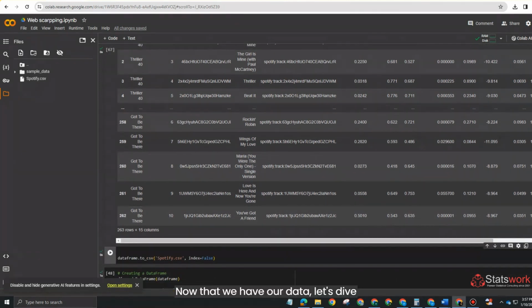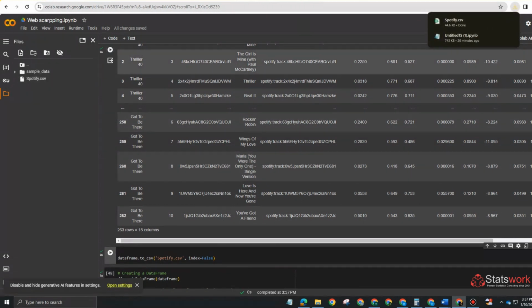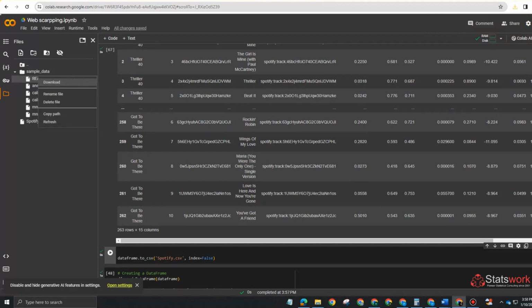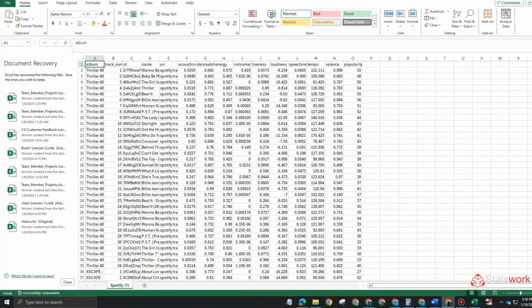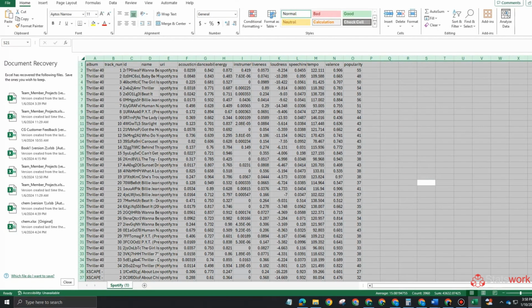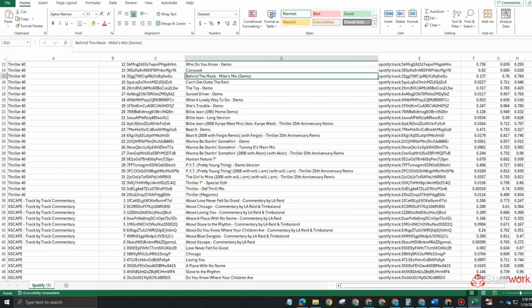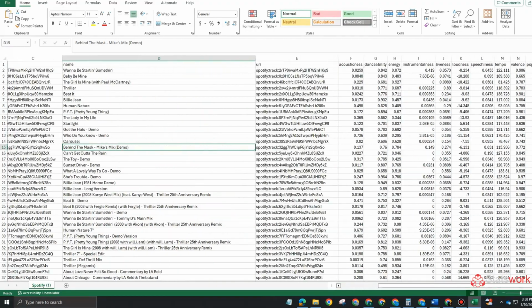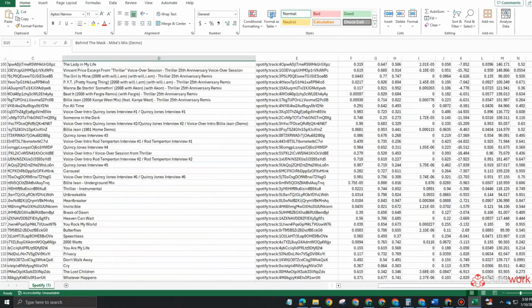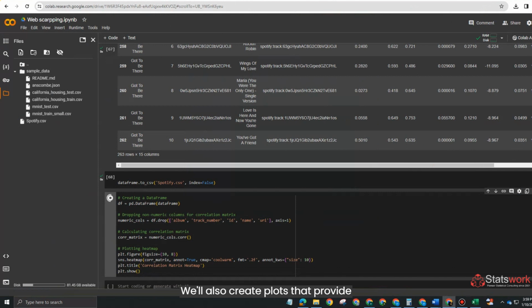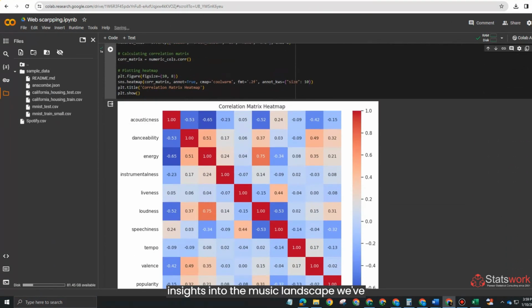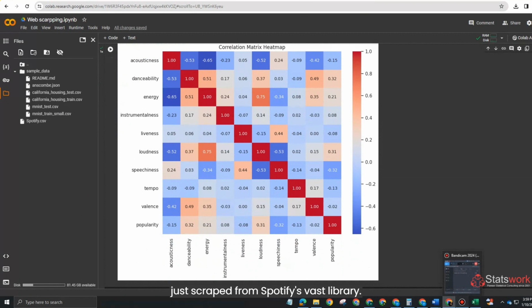Now that we have our data, let's dive into some analysis. We'll generate a heat map to visualize patterns and trends. We'll also create plots that provide insights into the music landscape we've just scraped from Spotify's vast library, and there